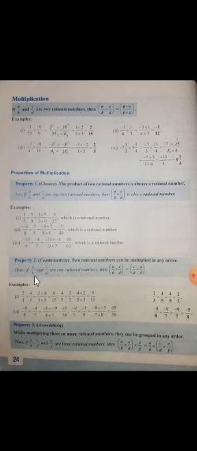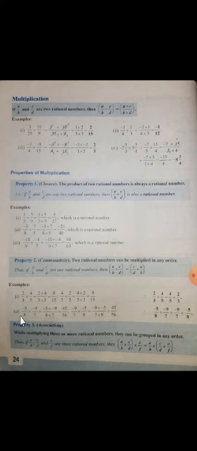See here, a by b is a rational number and c by d is another rational number. Two rational numbers they have taken. Now if we multiply a by b and c by d, and after that if we multiply c by d and a by b, first we have taken a by b and c by d, in the second we have taken c by d first, then a by b, but they have put an equal sign in between. That means in their product there will be no change. So that is called the commutative property.